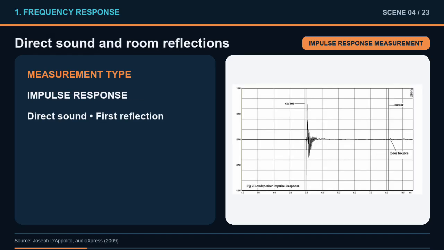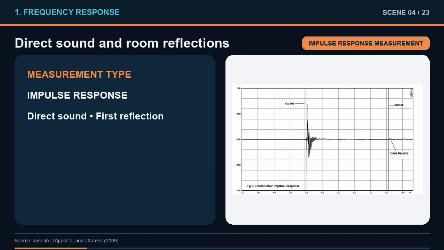This is an impulse response measurement. It is the time domain measurement used here to derive a reflection-free frequency response. The ideal frequency response measurement is made in an anechoic chamber, where reflections are absorbed and the microphone receives only the loudspeaker's direct sound. Most designers do not have access to a chamber, so a practical measurement begins with the